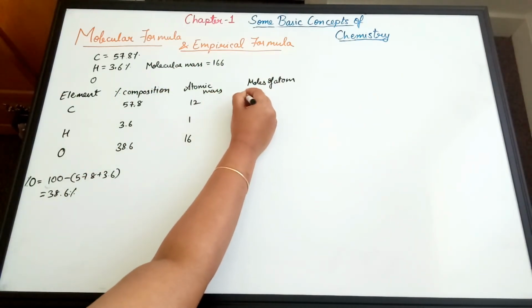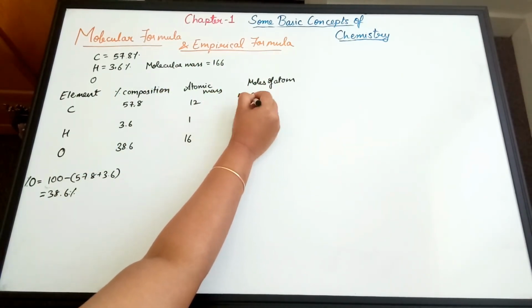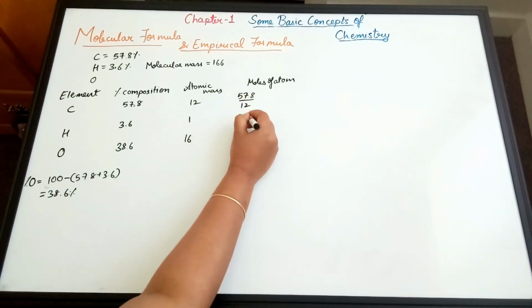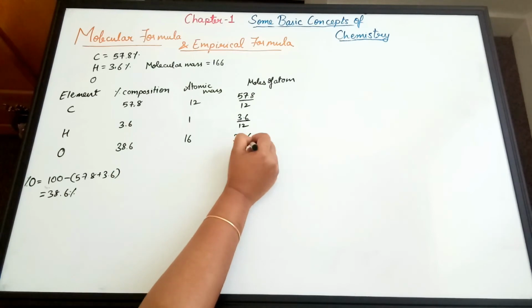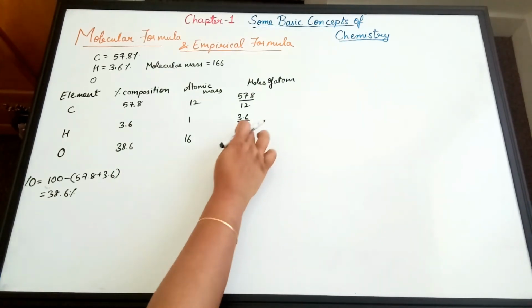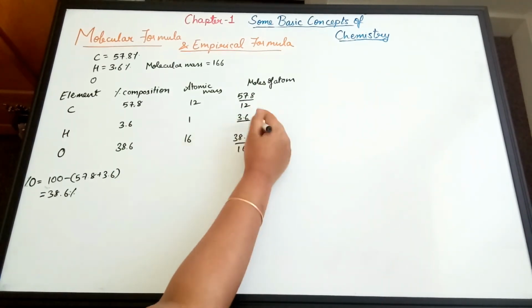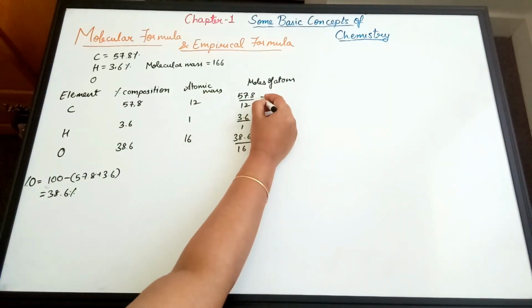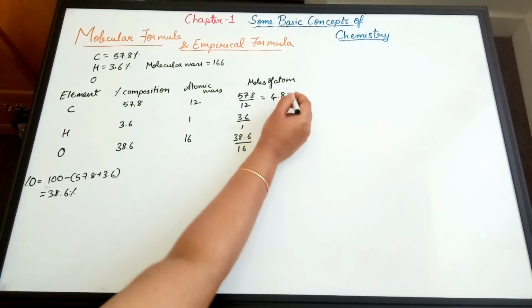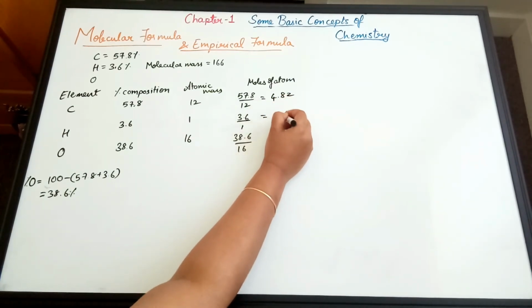So 57.8 by 12, 3.6 by 1, and 38.6 by 16. Sorry, this is the atomic mass of hydrogen. After you simplify it, you will get 4.82, 3.6 and